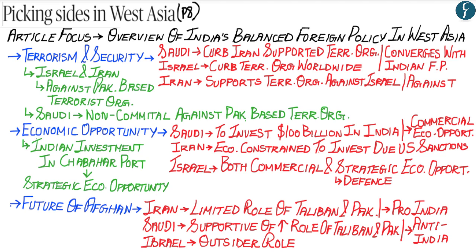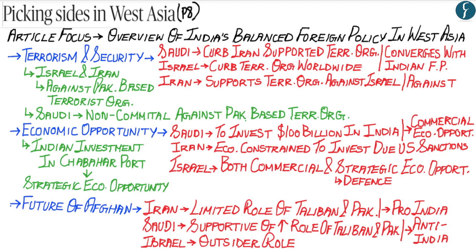The second national interest is economic opportunity, whereby the US sanctions upon Iran make it an unlikely partner that can invest within India. However, Saudi Arabia has recently promised to invest $100 billion within India. And what is being seen is that Saudi Arabia provides a much better commercial economic opportunity for India as compared